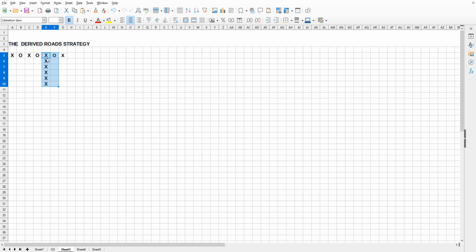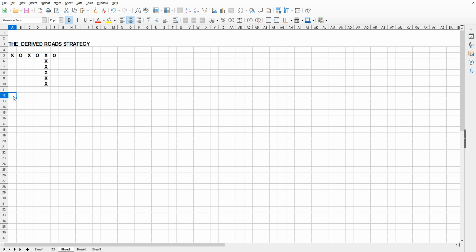The pattern for this, only for this particular derived road, because one derived road is assigned to this column alone, and the other two derived roads are assigned to these two columns. So in this case they are not the same, they don't predict the same color. These two match, they are the same, and they predict the same color. But this one predicts the opposite color for this result. So we are going to have a majority of 2 to 1 here, 2 for these two columns and 1 for this column. And if this result has not come yet,